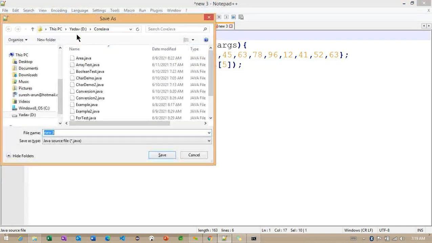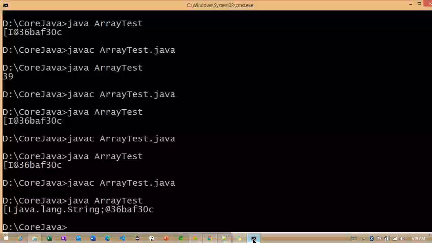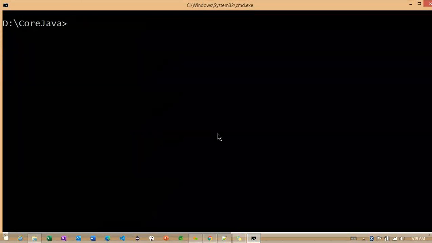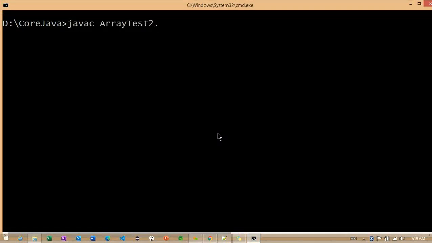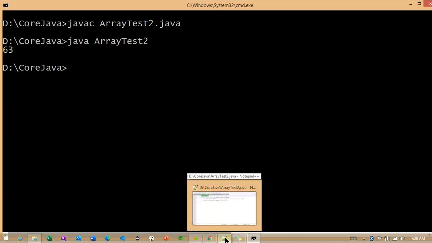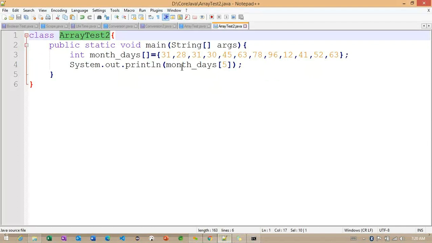So see the difference between the previous example and the current example. Array test2.java. 63. We need to find out whether the 63 resides in the same index location or not.